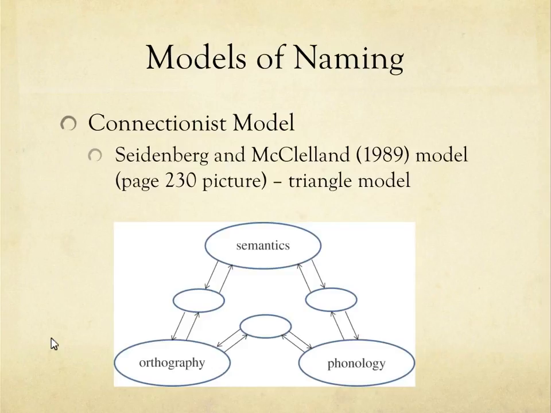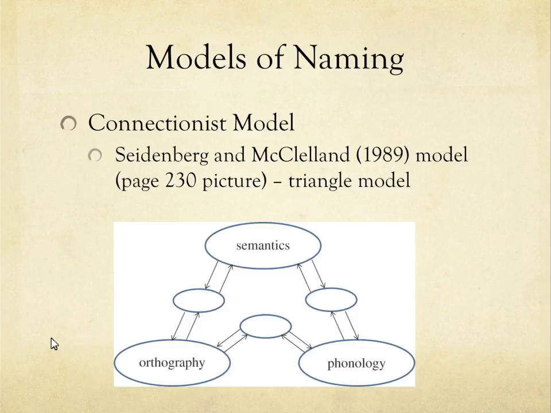The other sort of big model in comparison to the dual root model, and I don't think these two things are necessarily at odds with each other, they could work together, is a connectionist model. So when we talked in the last section about foresters and the logogen models, I said, well, then we've also got PDP, parallel distributed processing, this connectionist model, super popular. It's Rumelhart and McClelland, and it's got these 3 levels. It kind of looks like a balloon, if you can remember. Well, McClelland gets around, so